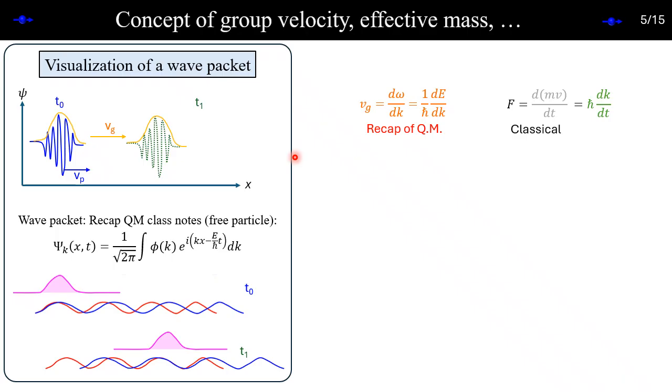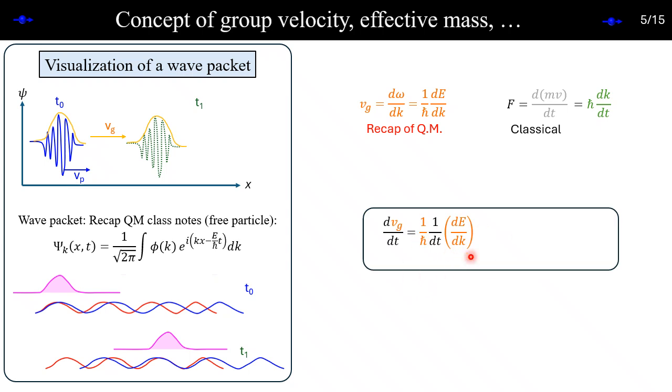We have this E-k relation. What is the implication? Why are we doing it? It turns out that if we know the E-k relation, then by taking the derivative, we can get the group velocity. The group velocity is very essential, and with a few algebraic steps, we could derive